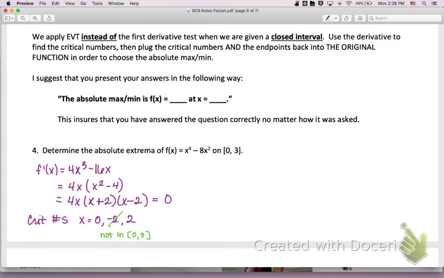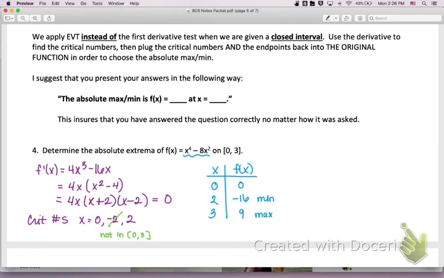So we now need to set up a table of values looking at x and f of x. So we're not plugging into the derivative. We want to know the actual value of the function. So 0 is a critical number and 2 is a critical number. And then we also want to include the endpoints. Well, 0 is already on the list, but we also need 3 because it's an endpoint. And if we plug those into f of x, we get 0, we get negative 16, and we get positive 9. So just by looking, we can see that we have an absolute minimum here and we have an absolute